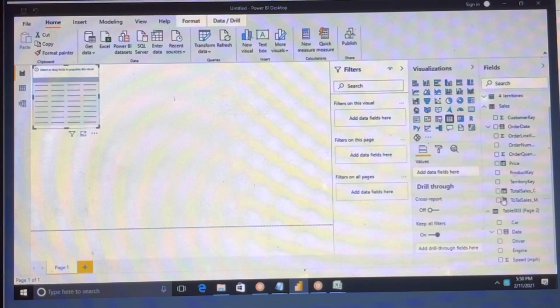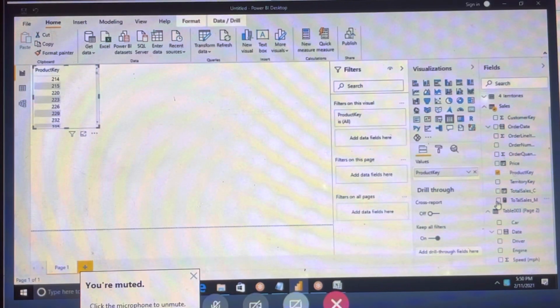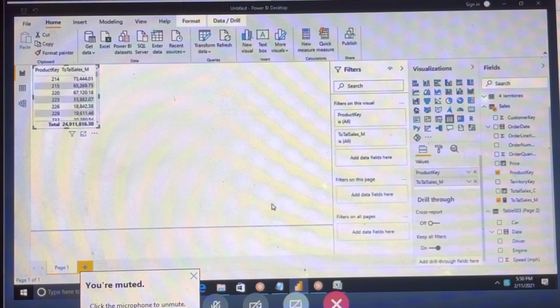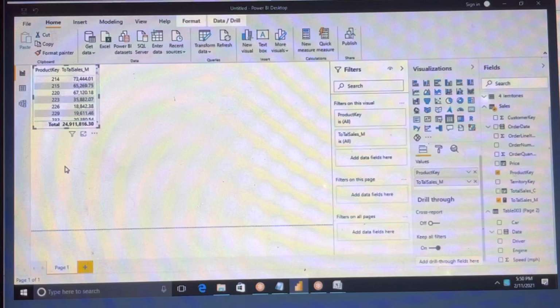Select table, and the product with total sales underscore M. Here we are getting the total sales for each product key level, the grand total.